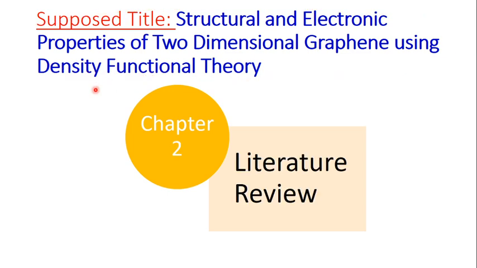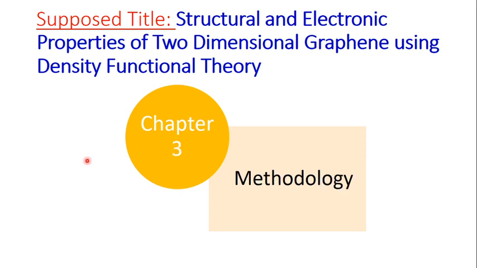Then we have chapter number 2, which is about the literature review. Literature review is actually the review of research articles that have been published on the similar or same problem that you are working on. Chapter number 3 is the methodology or the method that you are opting in order to achieve